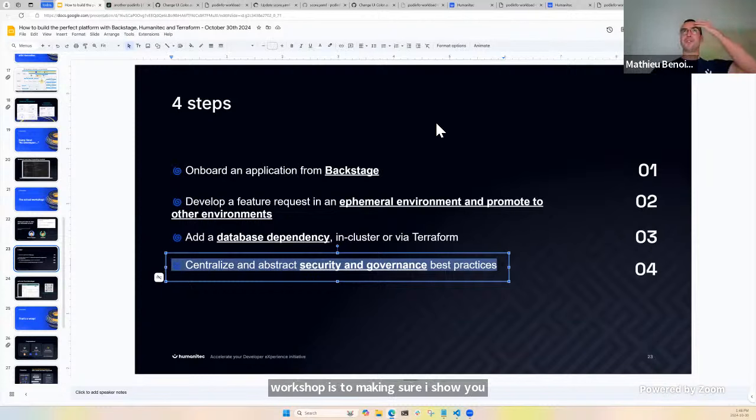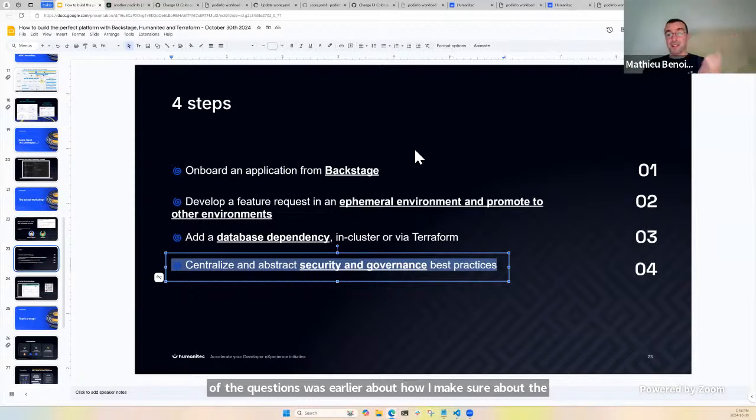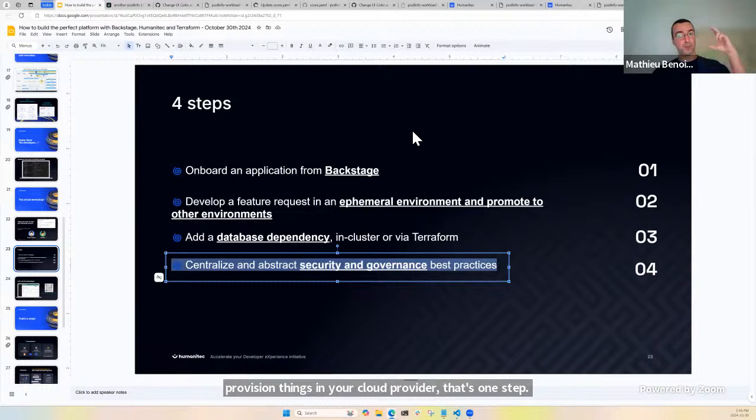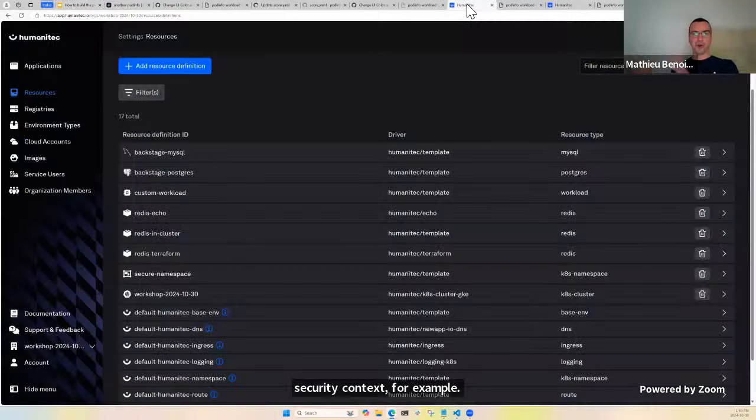One of the questions was earlier about how I make sure the environment is safe. There are multiple aspects. We mentioned the cloud account, you remember? So you will have least privilege access to provision things in your cloud provider. That's one step. When I was defining my Redis in cluster, I don't know if you noticed, but I was able to inject security context, for example, and having such security and governance in place in the recipe I'm building,